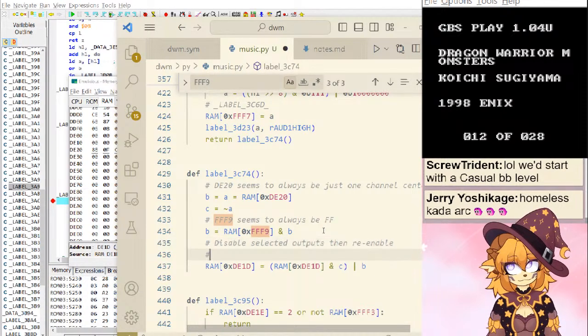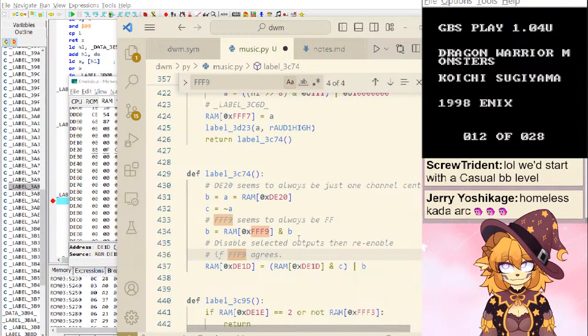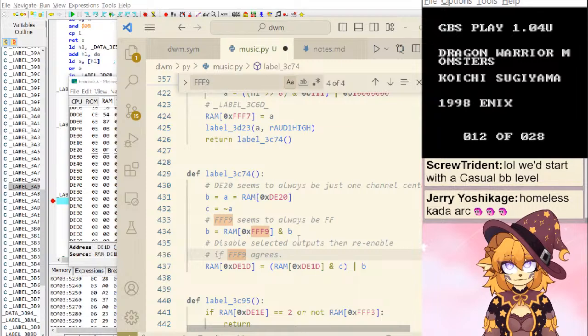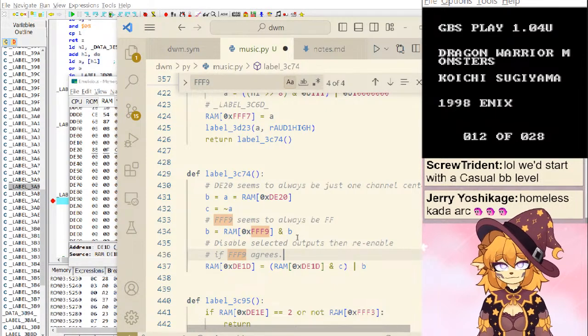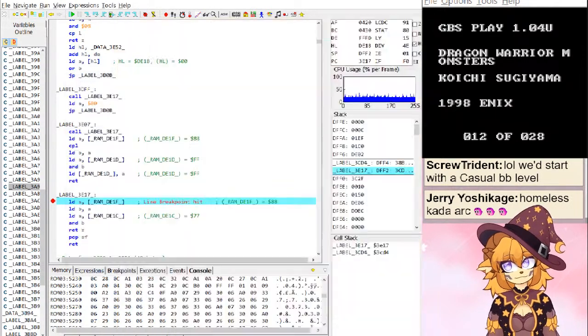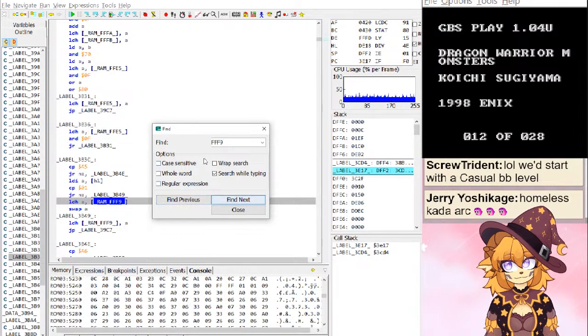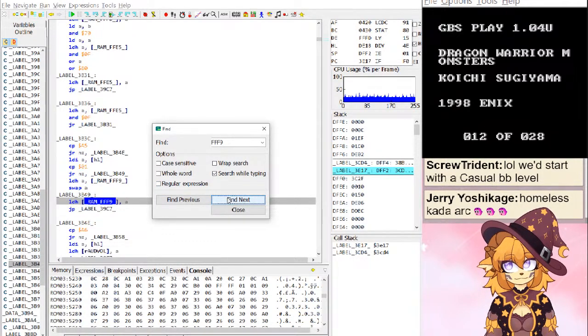Enable. F9 agrees. So FFF9 seems to be FF. I'm pretty sure. I don't see any other assignments to it at least. I guess we can check in here, see if I missed it or not.